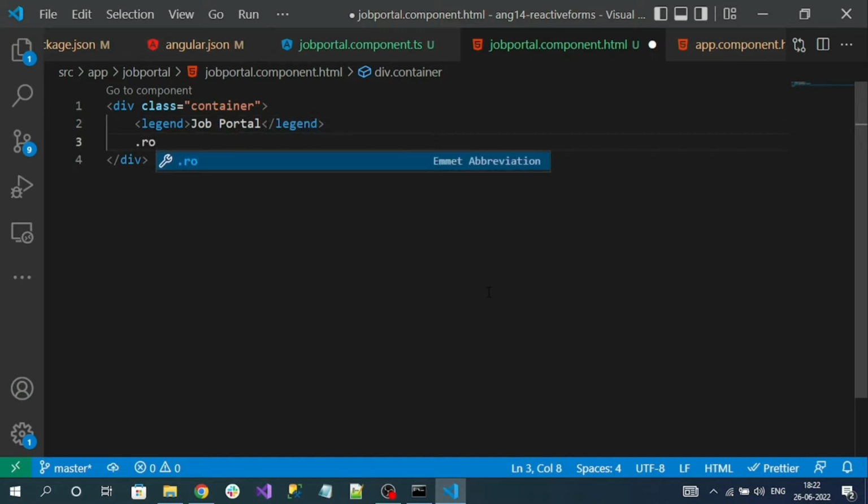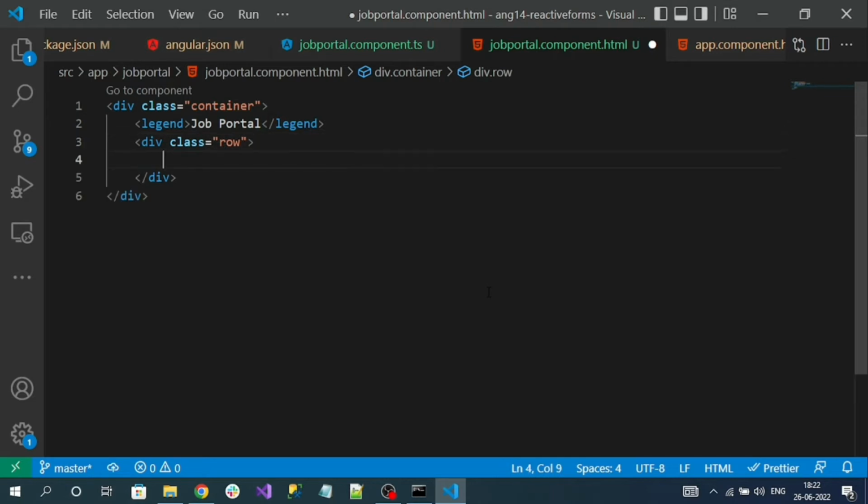Add a row inside it. What I will do here is create two sections, two columns. One column will represent the form, and in another column I am going to show the preview